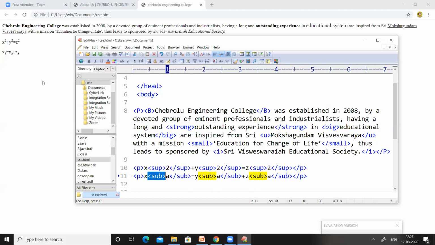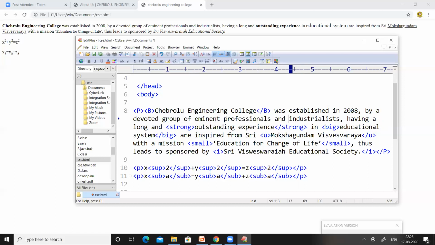So we can display a superscript by using a superscript tag. We can display subscripts by using a subscript tag. And let us see another tag called the strike tag.